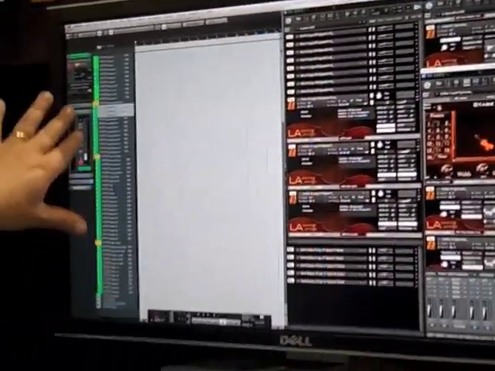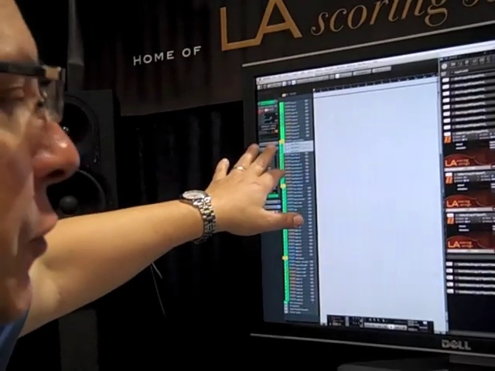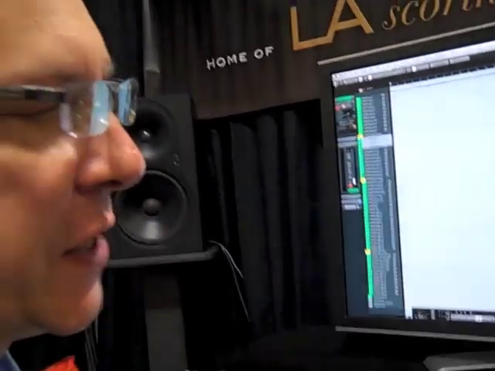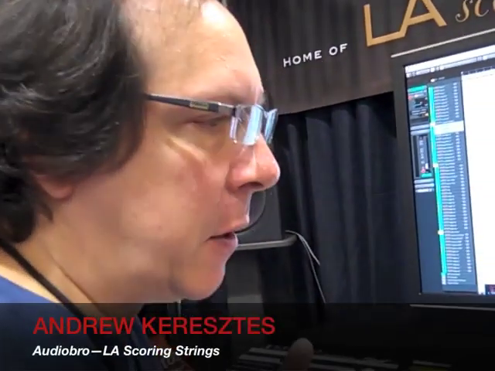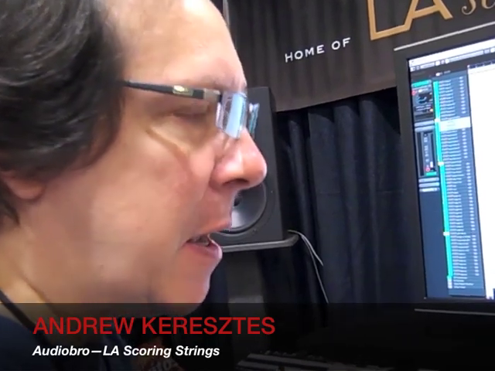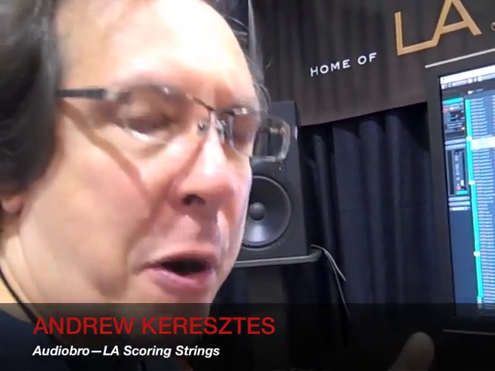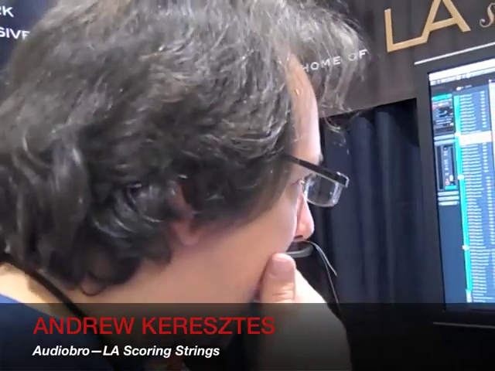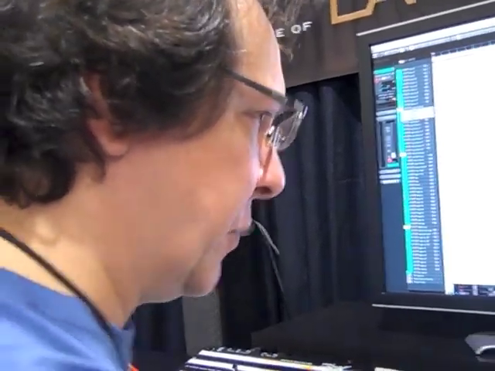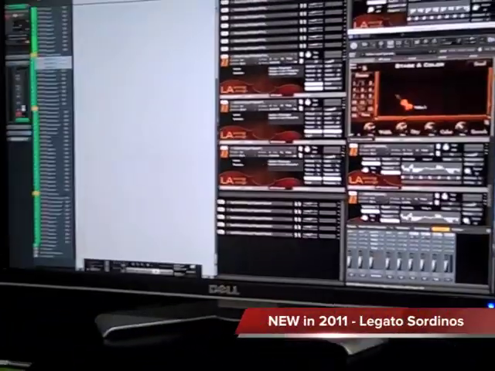Hey guys, coming out this year, well, right now, very soon is the Sordino legato component of LA Scoring Strings. We already have Sordino divisis in LA Scoring Strings, but they don't have legato, portamento, and glissando transitions. So now we've taken the time to implement our legato, portamento, glissando samples of those Sordinos into the Sordino patches, and you'll have these